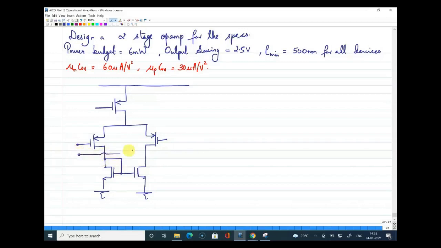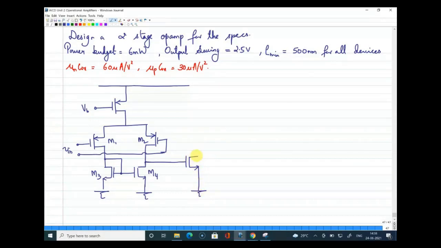Now input, which should be given to the gates of these 2 MOSFETs. So this is V in. Now this is the top current source, which we need to be biased separately. If I number the transistors, I'll number this as M1, M2, the current mirror load as M3 and M4. And the output of the first stage will come from here. And this will actually go to the gate of the second stage, which is a simple CS amplifier.